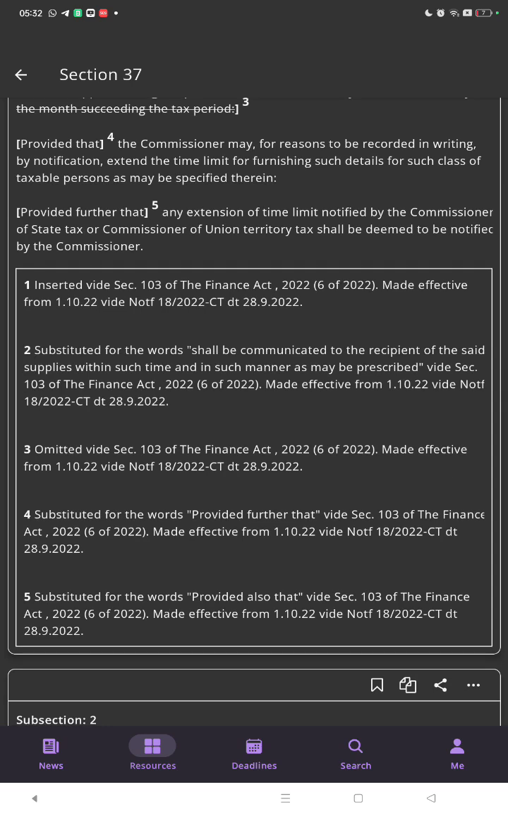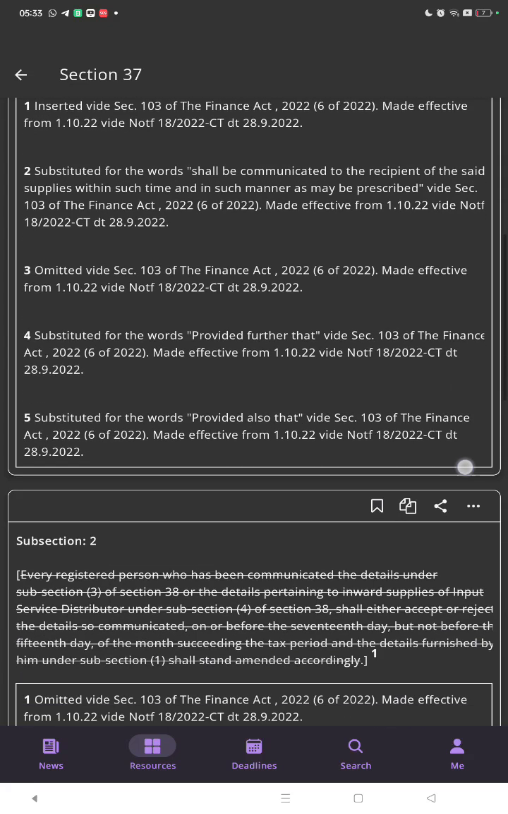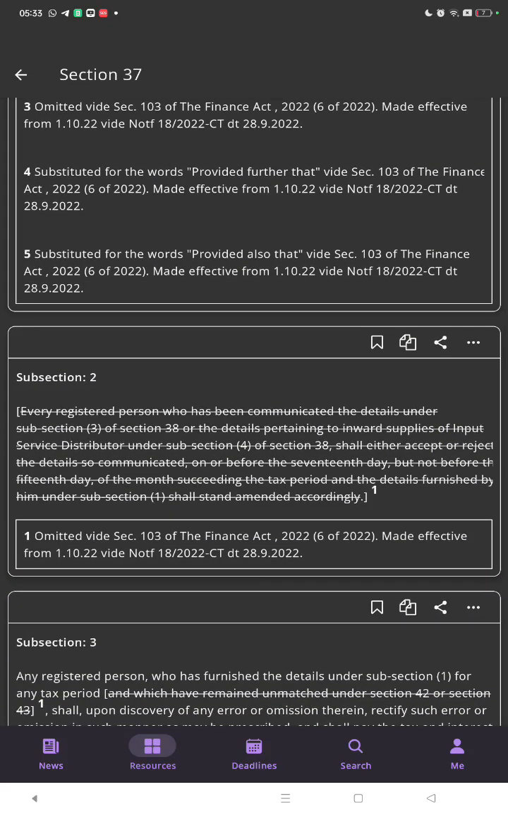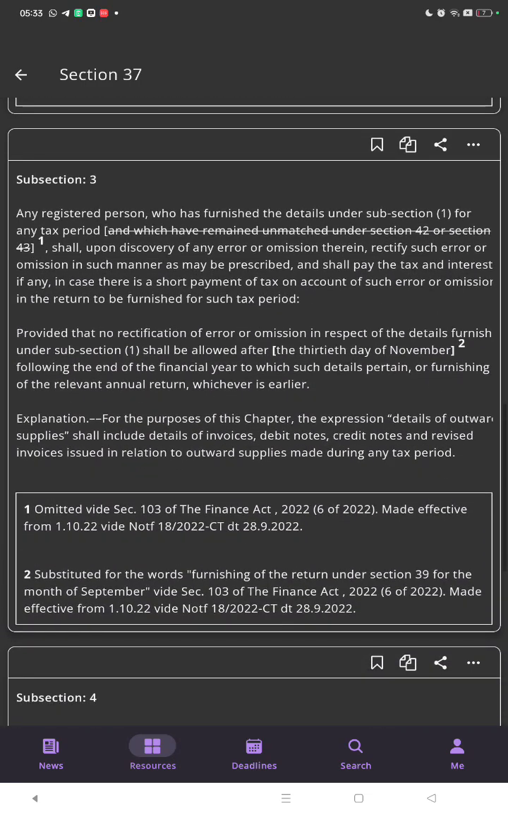Provided further that any extension of the time limit notified by the Commissioner of State tax or Commissioner of Union Territory tax shall be deemed to be notified by the Commissioner. Subsection 2 omitted. Subsection 3: any registered person who has furnished the details under